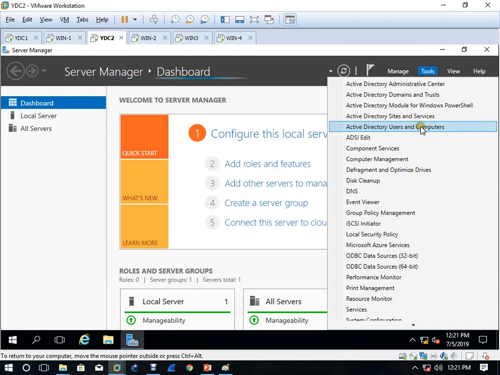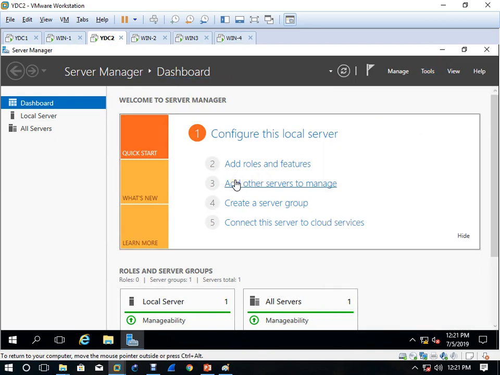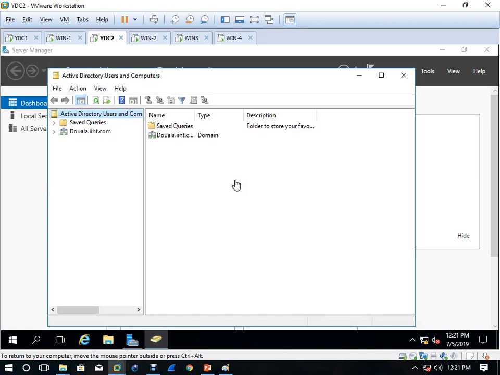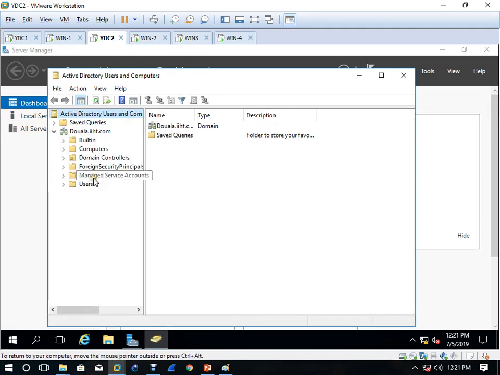open your Active Directory Users and Computers. Your domain name is dwala.ist.com. Do you have any users? Nothing has replicated, so the database is separate.